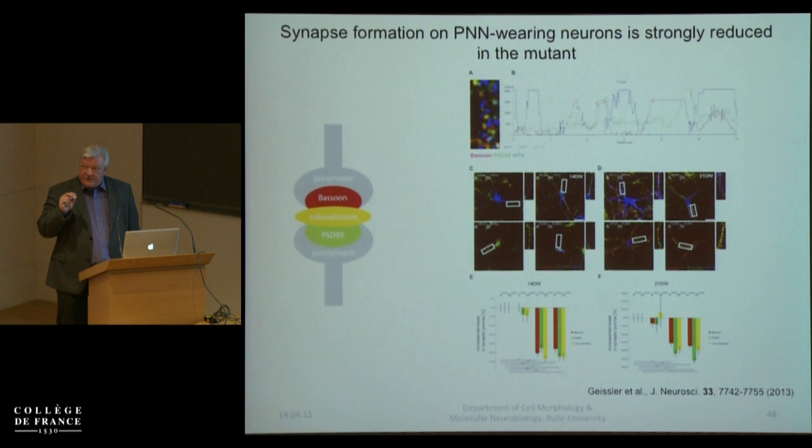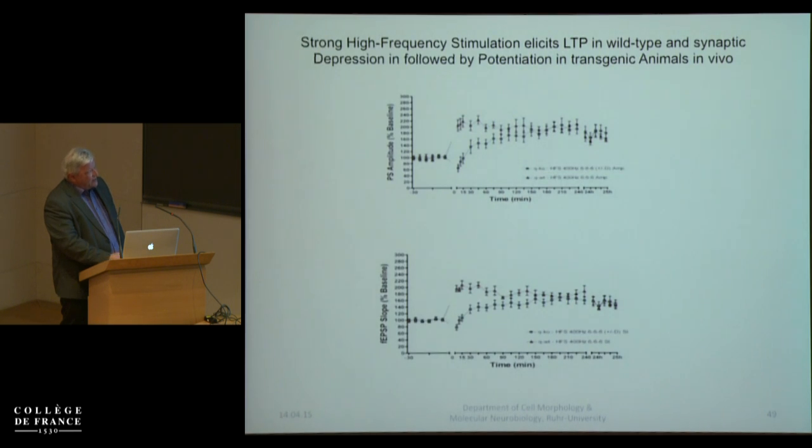Because we had seen an influence on the frequency of release of iPSCs and EPSCs in the knockout as compared to the wild-type neurons, we finally decided to collaborate with a physiology group in Bochum, and their first results are now coming up. I will show one experiment, which I find quite interesting, where Dennis Manaheman's lab analyzed the emergence of LTPs in freely moving mice that had implanted electrodes comparing the wild type and the quadruple knockout animals. And although